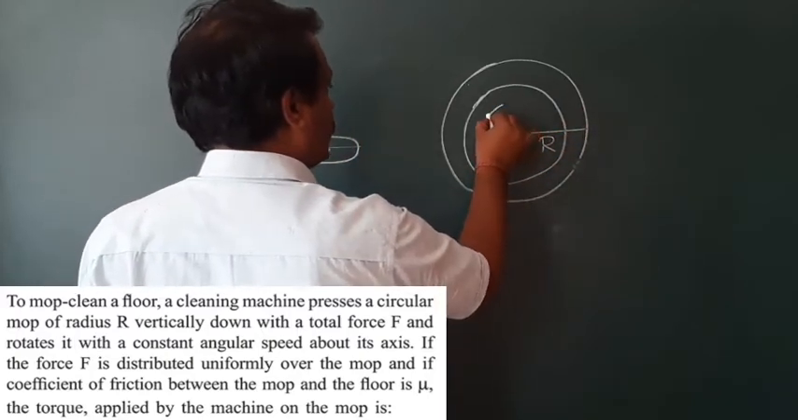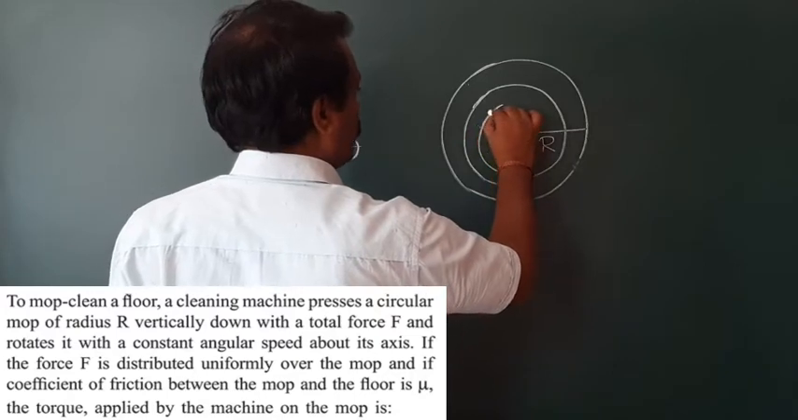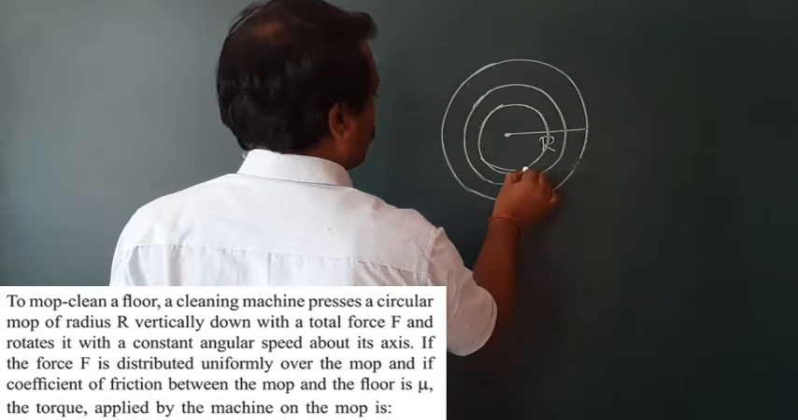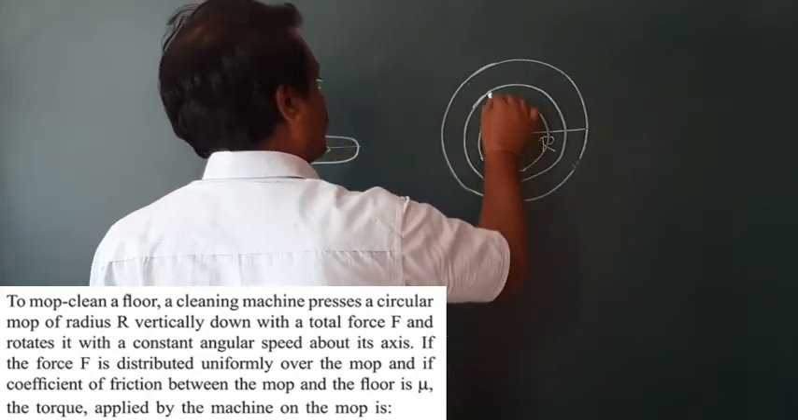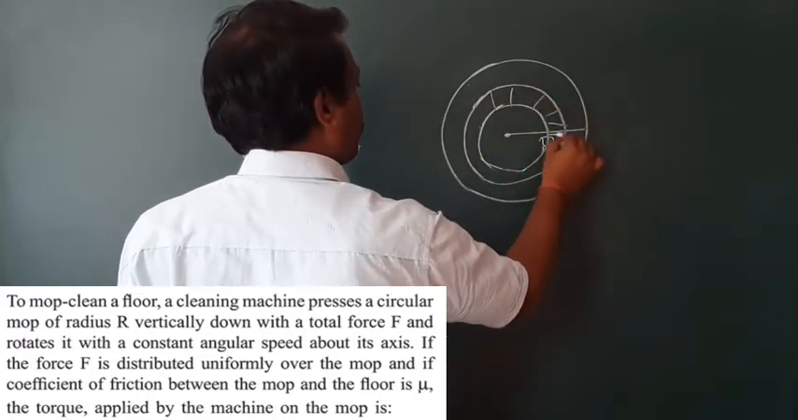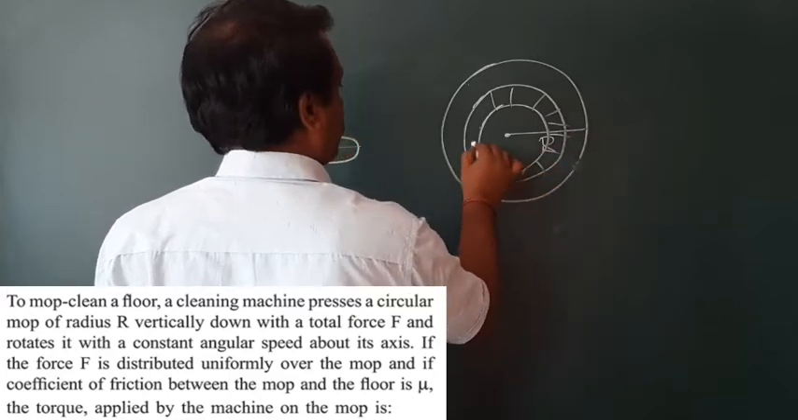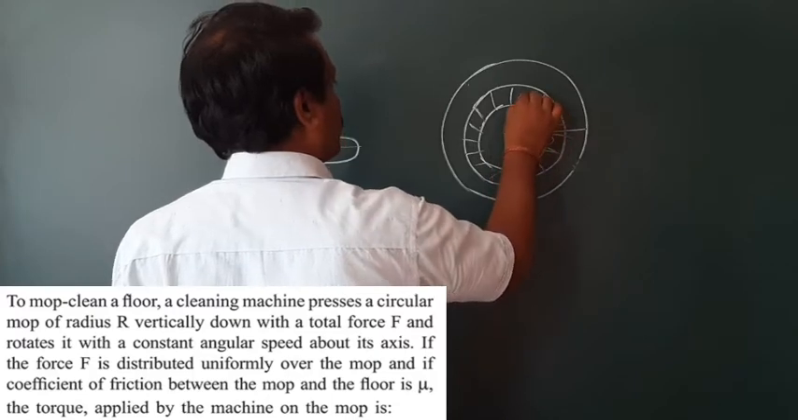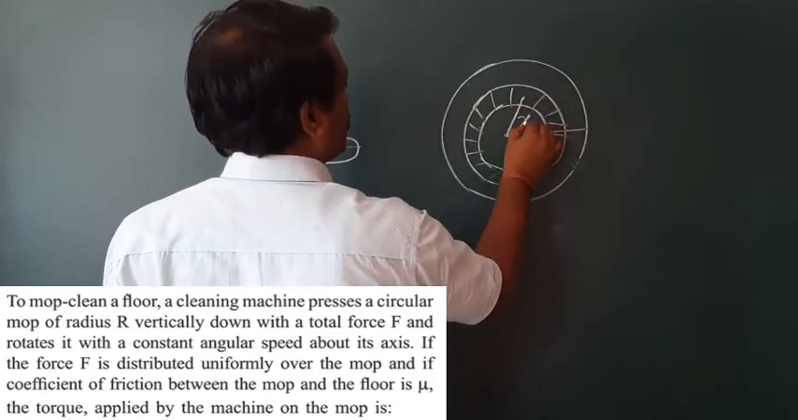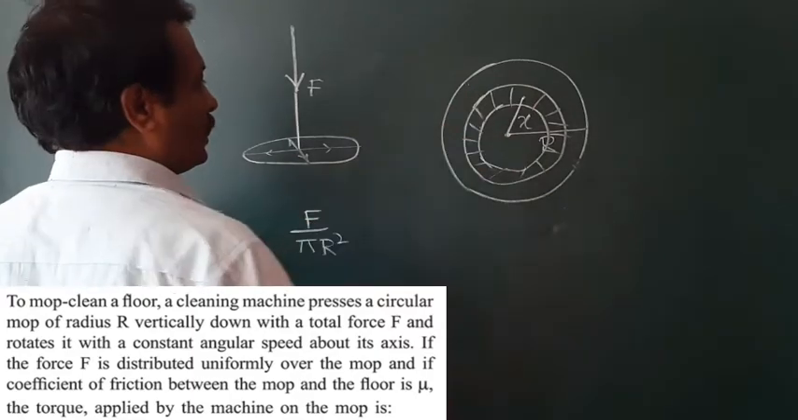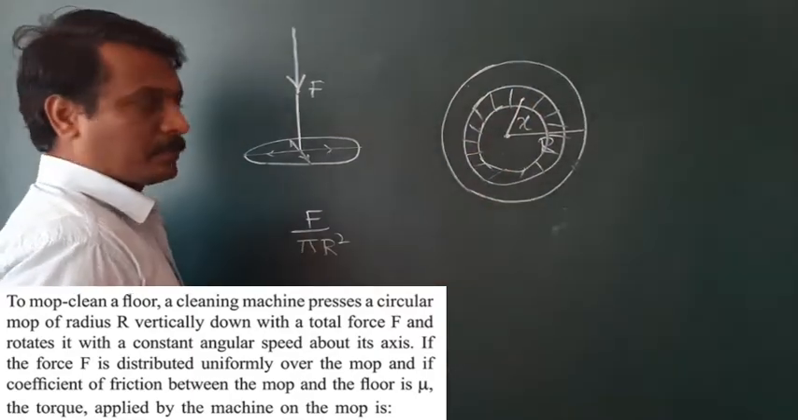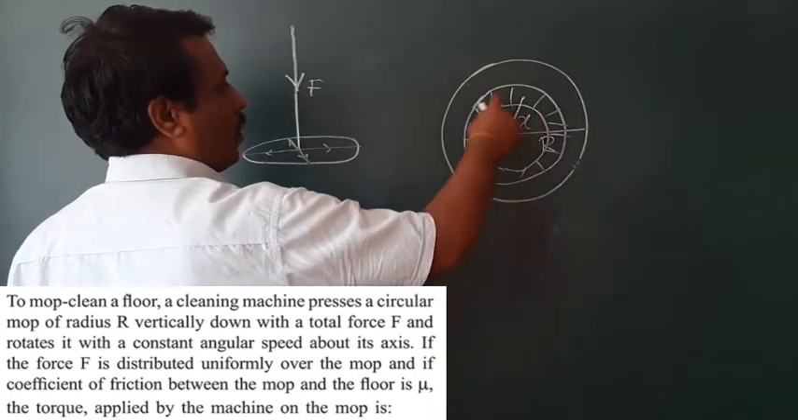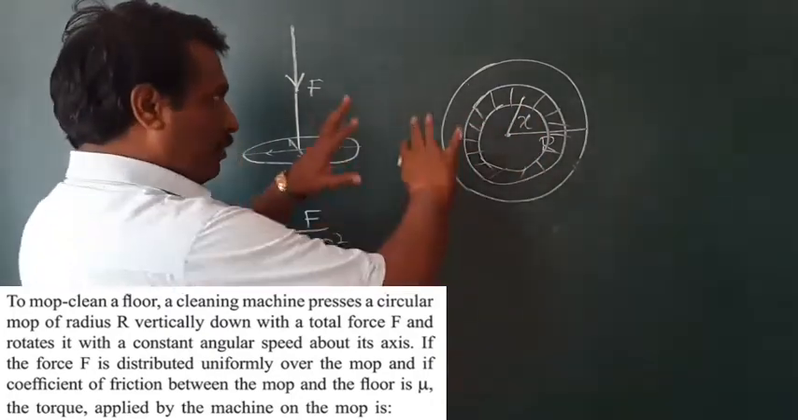Let us consider a small strip of this circular loop. Okay, so I will take this strip. Let us assume that from here to here this length is x, or radius of this strip is x. Okay, first we will find what is the torque acting on this strip, then we will find the torque acting